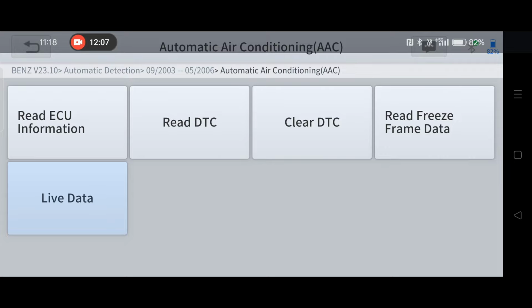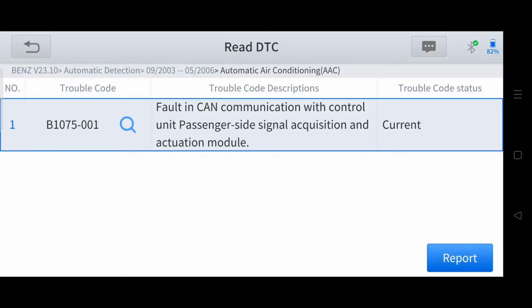Right, so we've got those two faults. It talked about a CAN communication error on the passenger side. Not sure if I can clear that. Let's give it a go. Right, clear DTCs. So we've still got the fault with the CAN communication. I need to try and work out actually what that is. It says communication with the unit passenger side signal acquisition and actuation module current, and it's a